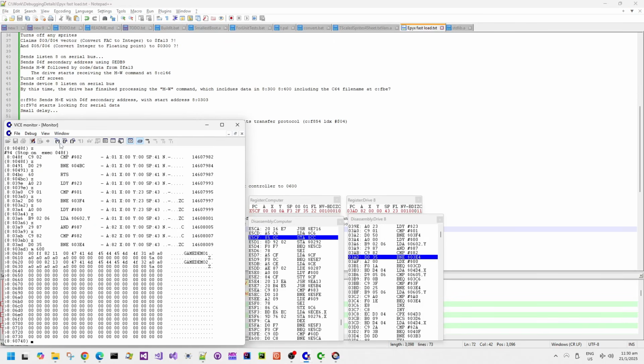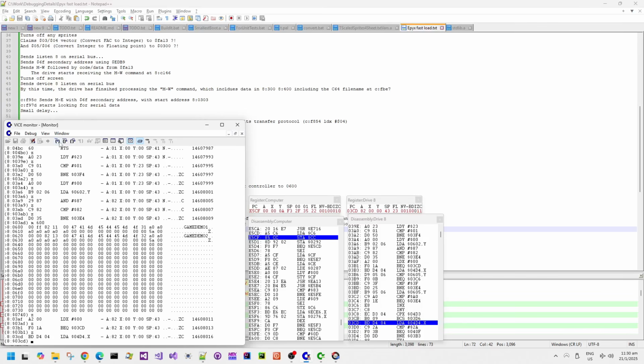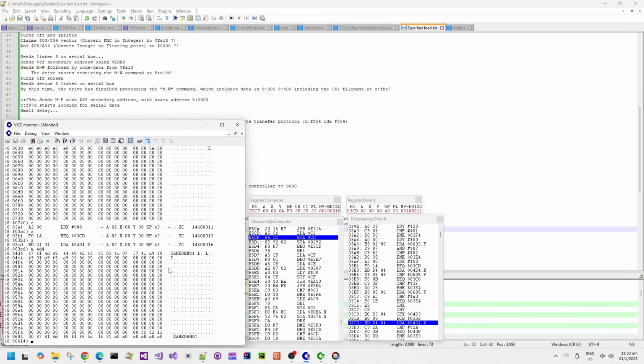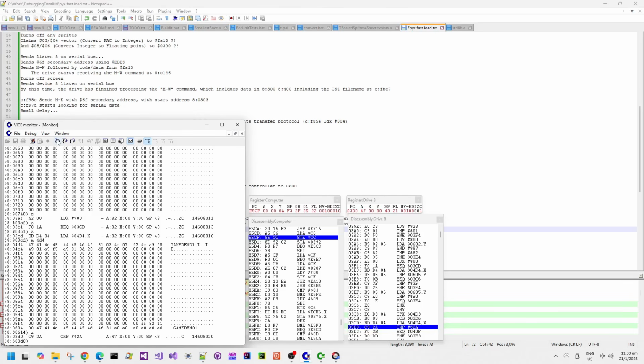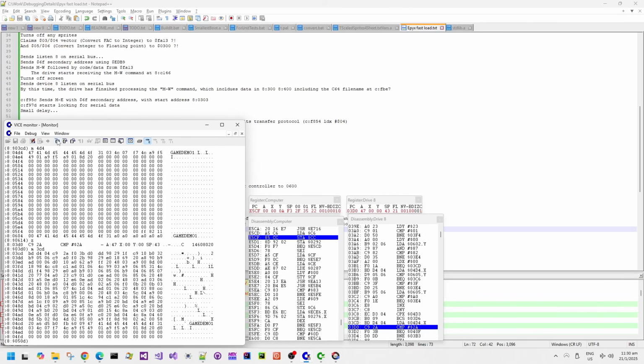We can see the directory block in the memory dump of buffer 600 on the drive side. There's a load with 4D4, and then comparing it with 605. 4D4 is, don't forget, the drive code data which contains the file name that the Commodore 64 has sent. So it's comparing it with 4D4, and comparing it with